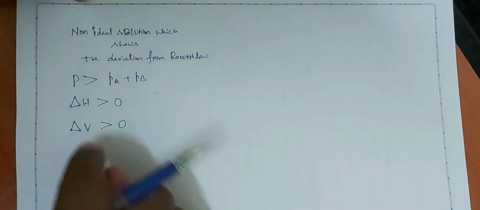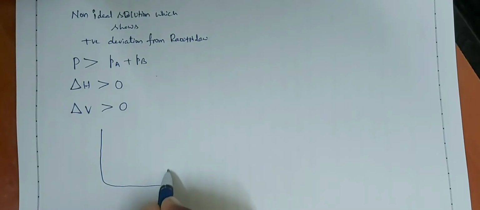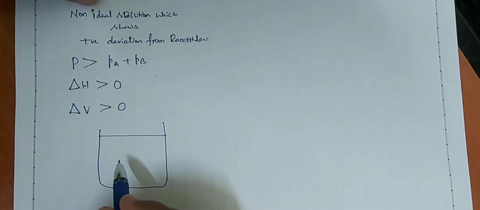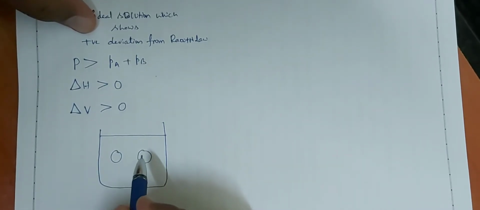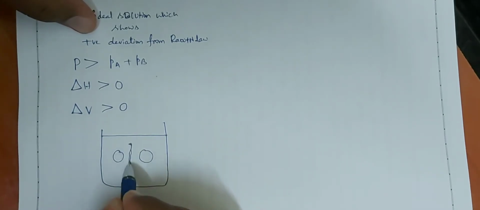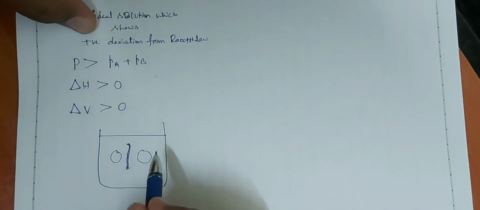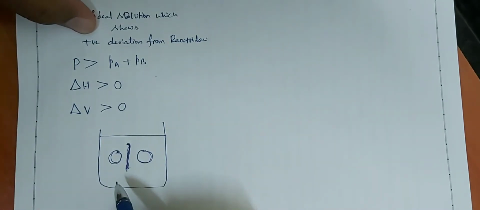What is this delta H and what is this delta V? For example, let us consider solute and solvent is mixed to form a solution. What is meant by positive deviation? A new attraction is formed, already present attraction must be broken down. Is it correct or not? Positive deviation means already strong attraction is there. When it is formed like a solution, that strong attraction is going to be broken down.